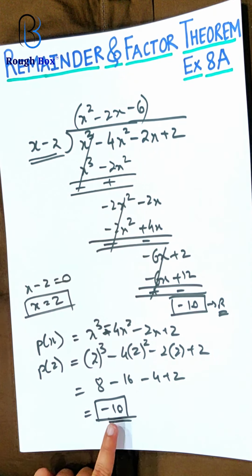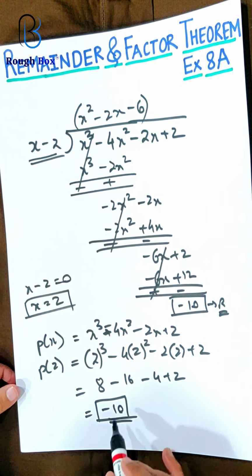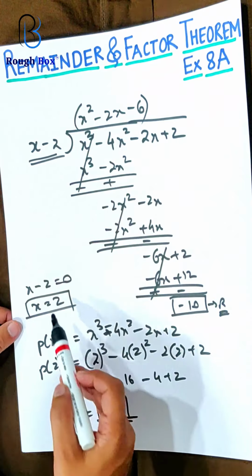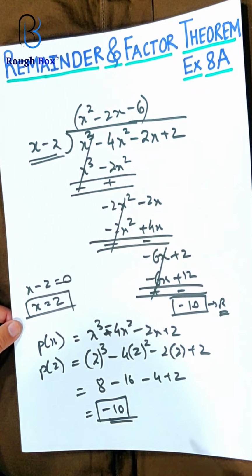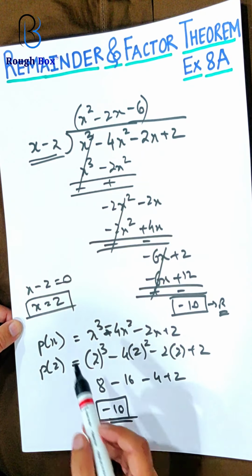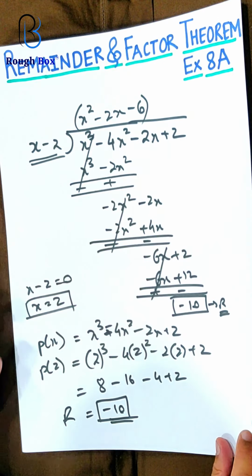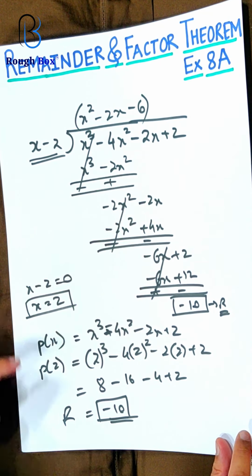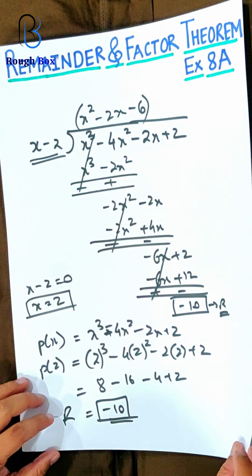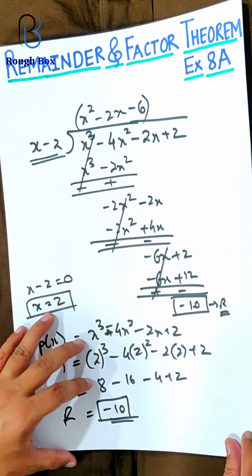So if you want to find only the remainder, we got another method called remainder theorem. If this answer would have been 0, then I would have said that x minus 2 is a factor. Factor means it can divide it. But if it is not equal to 0, that means this is not a factor, but you are getting some remainder for sure. So when you are trying to find remainder by this method, we call it remainder theorem. So there are few sums that we need to do over here, different types of questions in this exercise.